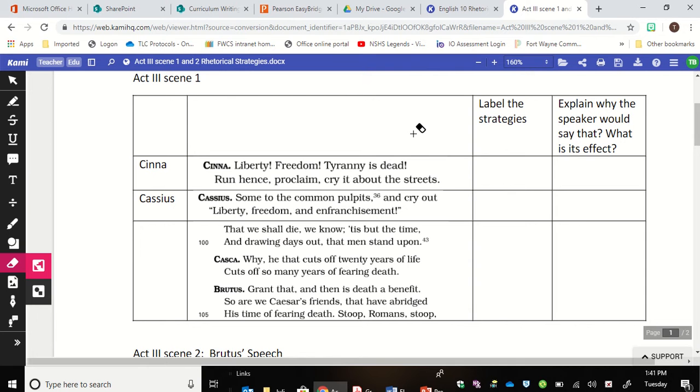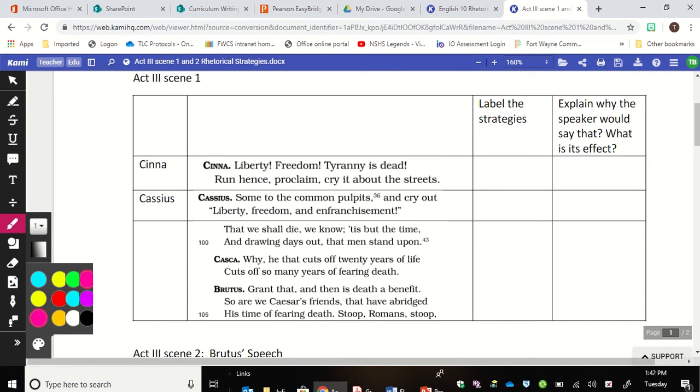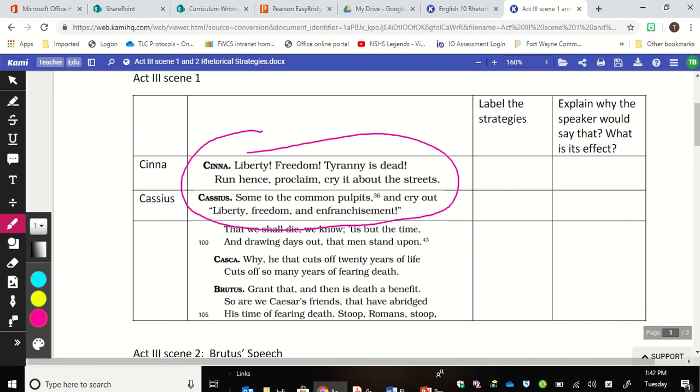Correct, yeah. So right after the murder of Caesar, both Cinna and Cassius start repeating the same type of words over and over again to describe what they did. Liberty, freedom, tyranny is dead. Those are all positive words. Liberty, freedom, and enfranchisement, which means to give people the right to vote and to have rights and things like that. It's not murder. It's not killing. It's not overthrowing the leader of the world who was doing probably a good job. It's freedom. It's liberty, right? And at that point, I'm using verbal irony to imply the opposite of that.